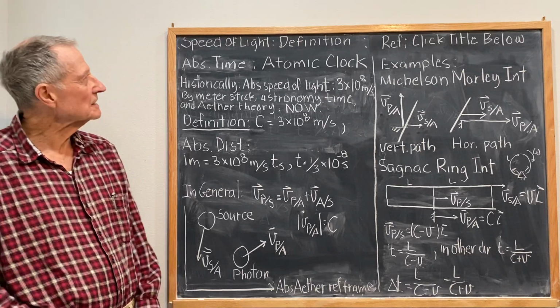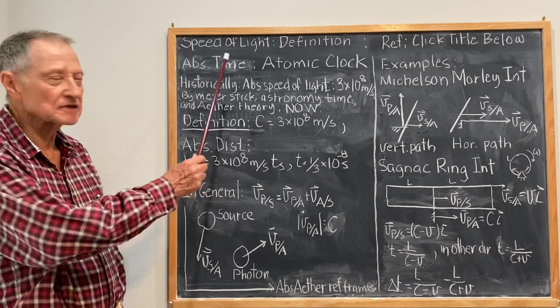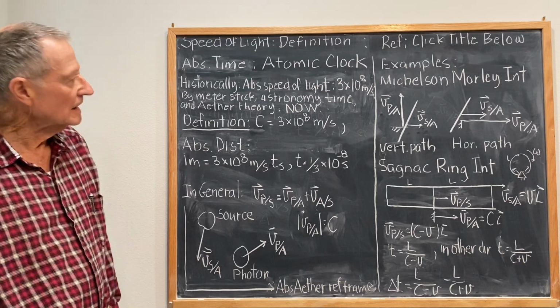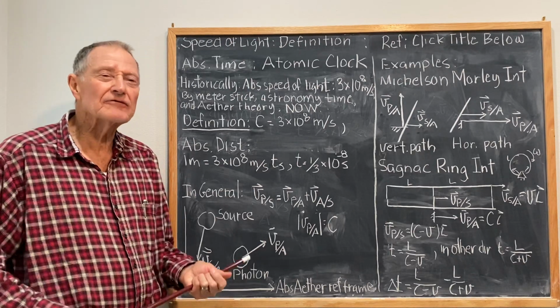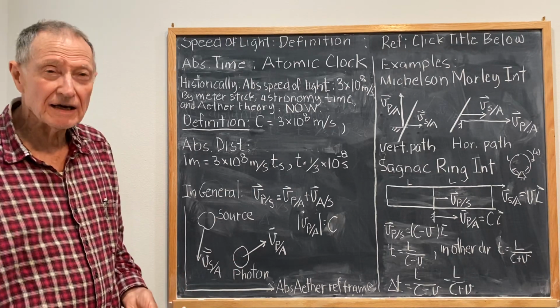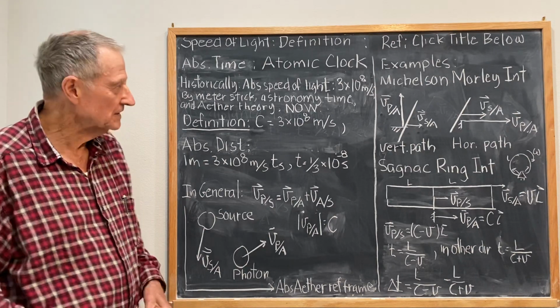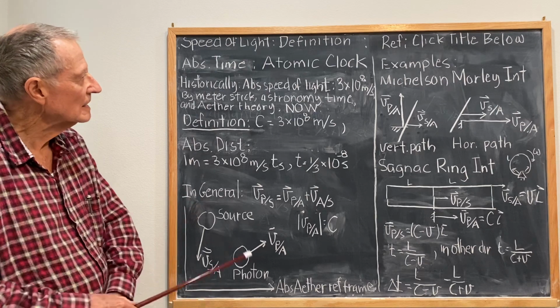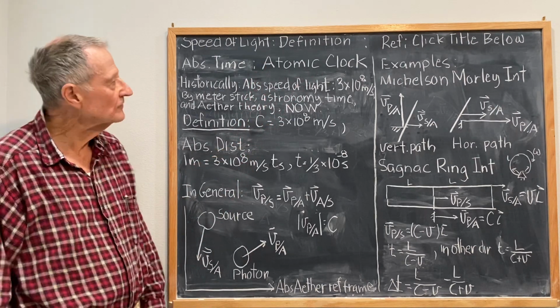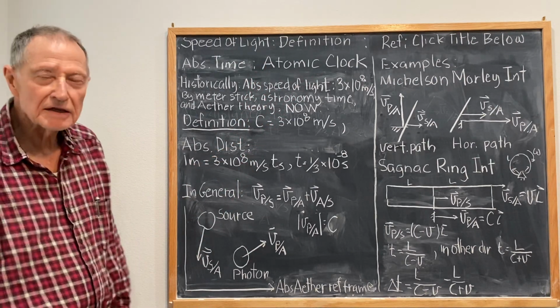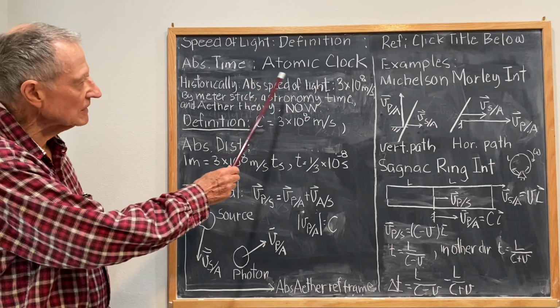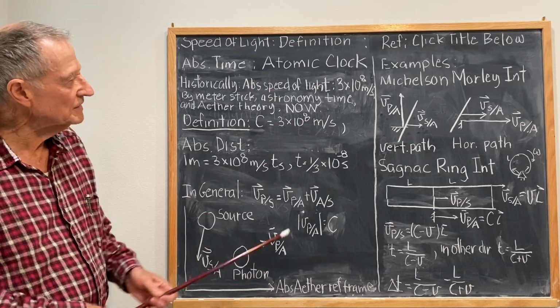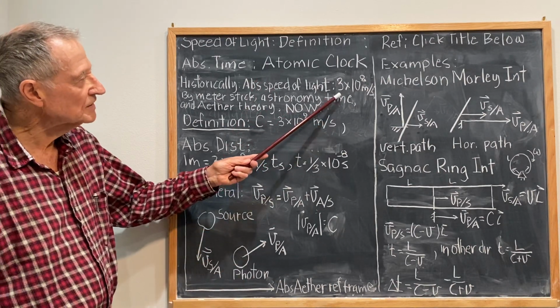Today I'm going to discuss the definition of the speed of light. Now, speed involves a definition of time and a definition of distance. For absolute time, we have the atomic clock. That's fairly straightforward. Now, historically, the absolute speed of light was determined to be roughly 3 times 10 to the